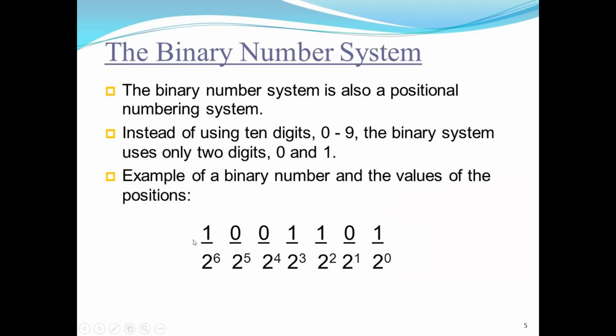Now a binary number is always formed of only zeros and ones. As it has only 2 digits, the base of the number is always 2, and we will have increasing order of power, that is from right to left. So this is an example of a binary number system.